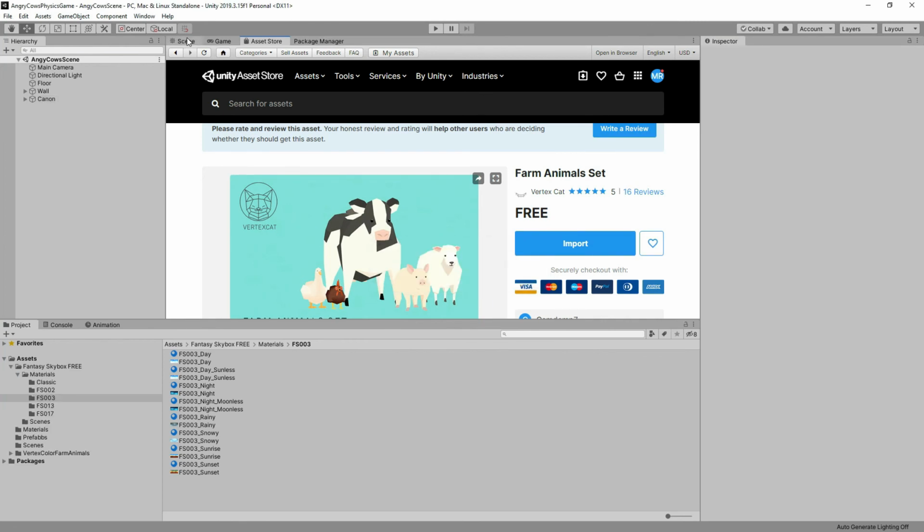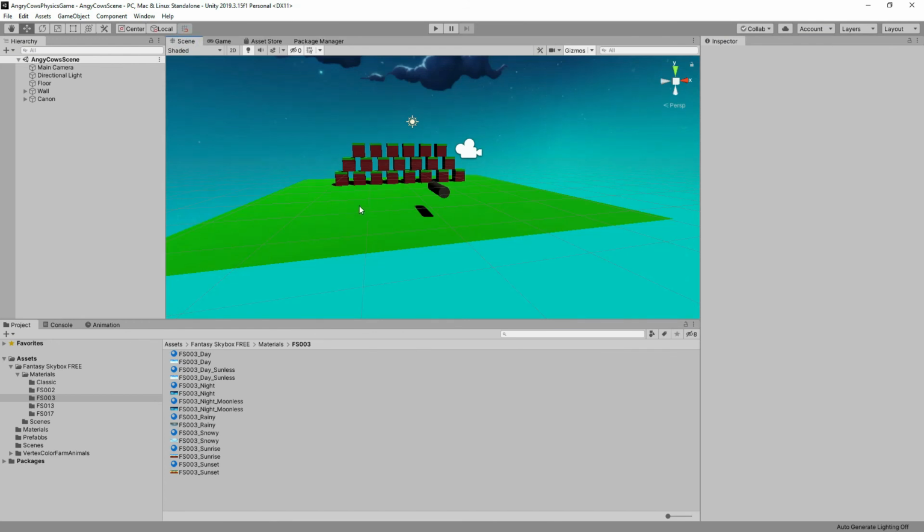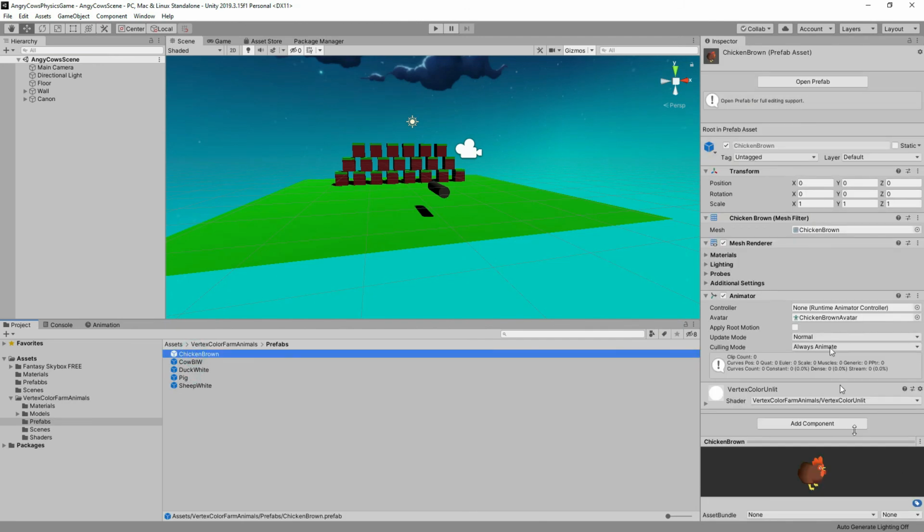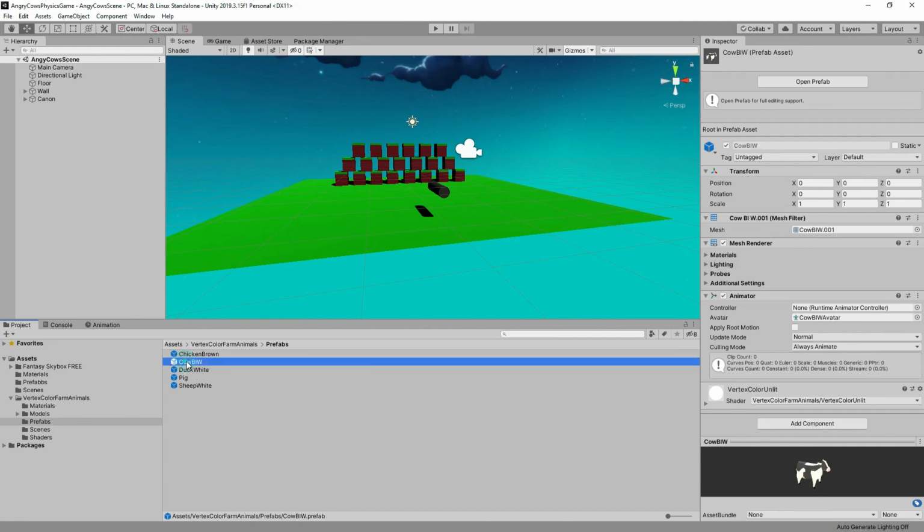Okay, and what we can do now is go into our farm animals package, go into prefabs, and then if you click on these, you can see here in the inspector there's already a little preview of the 3D objects. You can even move them around. And yeah, it's up to you what you want to use, but maybe